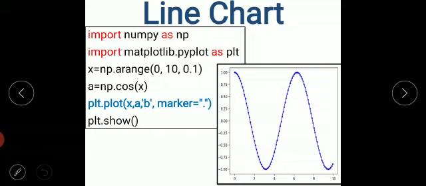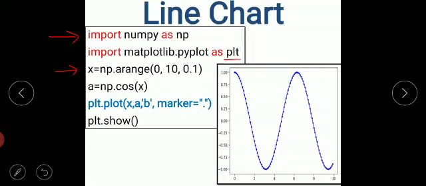Here I have used import numpy, right? NumPy module we have imported. Then import matplotlib.pyplot as plt, right? An alias name plt we have taken. Here x is equal to np.arange.